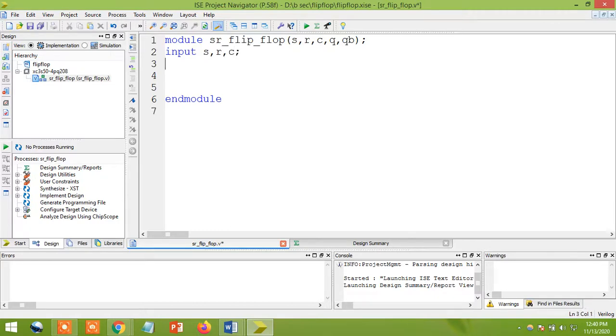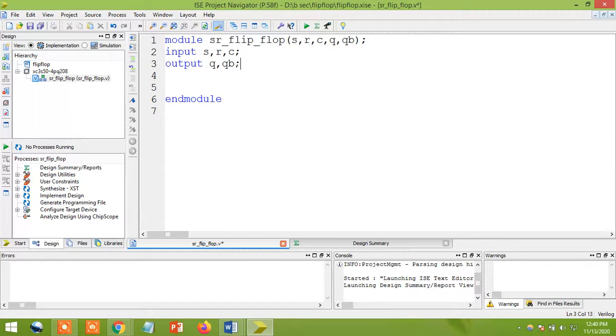Next, I want to define my outputs. So for output, how am I going to define it? The keyword is output. And what are the variables you have? Q and QB. Just take Q comma QB.